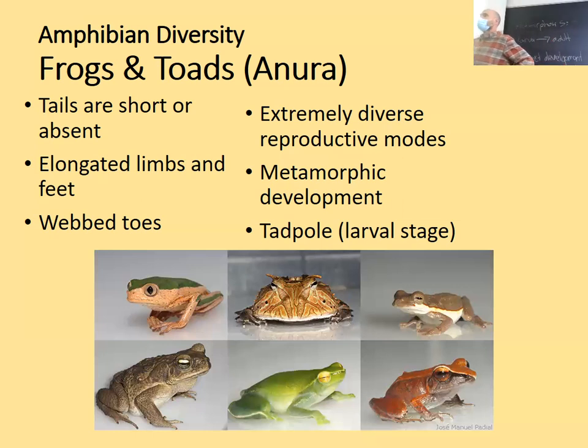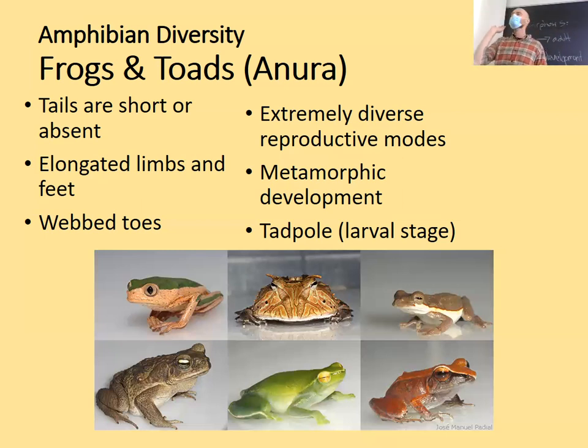There are species of frog where the eggs are laid on the back of the male, and the dermis of the skin grows up around the eggs. So essentially the dad has a whole bunch of egg zits on his back. He carries them around and then they hatch and pop out of his back, which if you're into that kind of thing is really pretty cool. Frogs and toads exhibit metamorphic development, meaning that they have a larval stage, commonly called a tadpole or a polliwog. And I have that here. So all kinds of cool stuff going on with frogs.